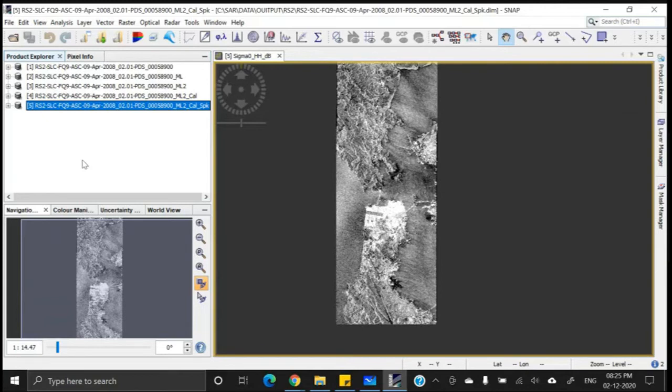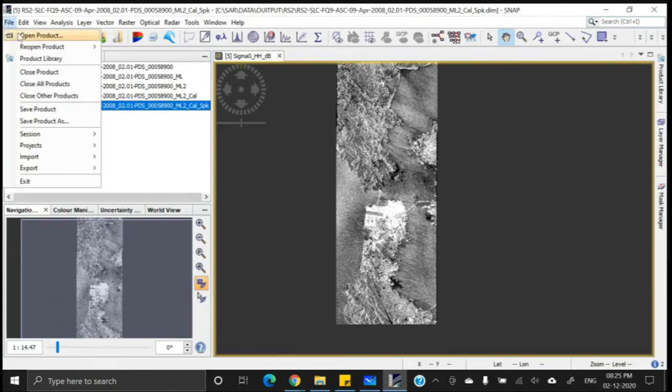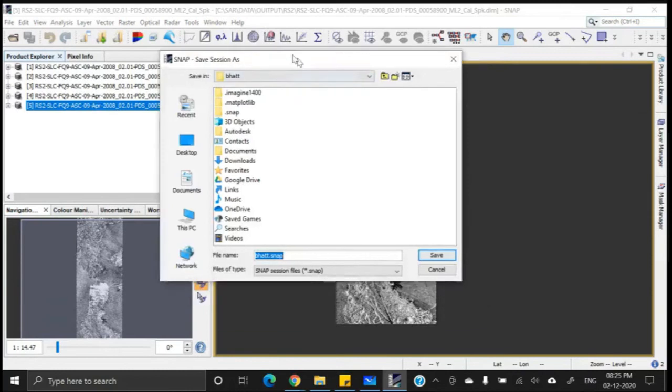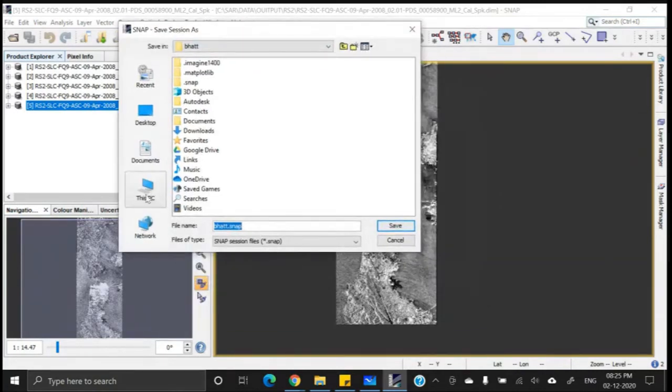We do not need to open these files one by one and find them one by one. So how to save this project? Let me explain. Go to the file and you have session and then save session. So click on save session and now choose your desired folder.